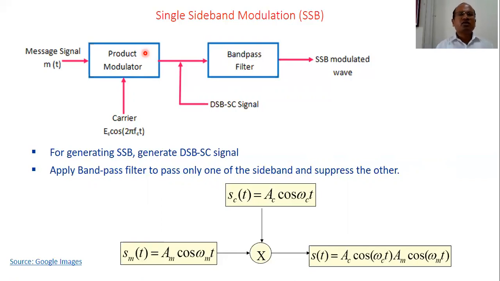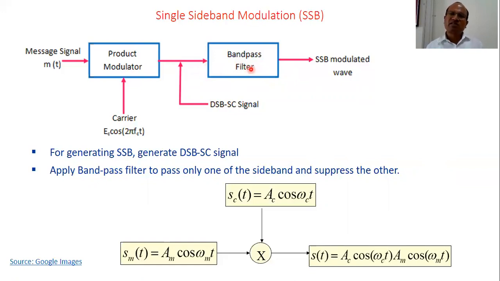All right. So here we have DSB-SC. It means we have both the sidebands with us, no carrier at all. We want only one sideband. If carrier is not there in the DSB output, we cannot get single sideband with carrier. How can we generate SSB? We can generate SSB